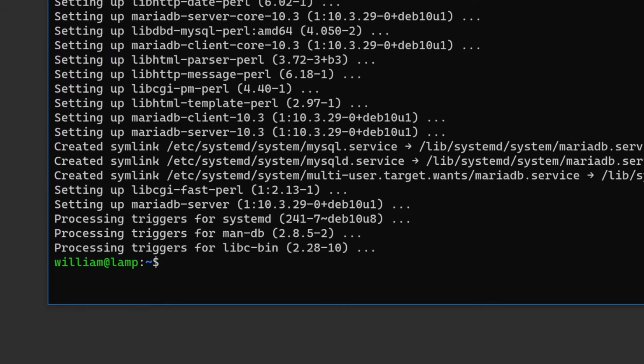Next, run the MySQL security script. This is our first example of MySQL commands that also apply to Maria. Enter sudo mysql_secure_installation.